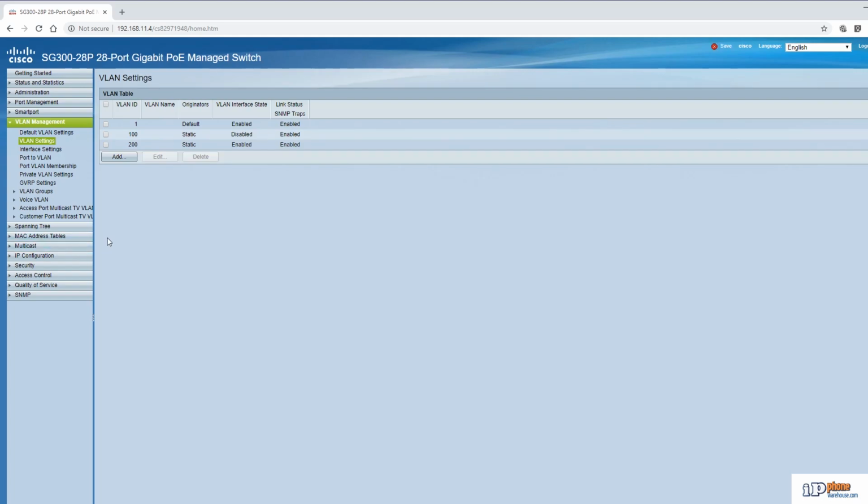Now that the VLAN has been added to the switch, we want to assign it to ports. This can be done from either the Port to VLAN or Port VLAN membership sections. The Port to VLAN section is the quickest way to assign a VLAN to multiple ports, while the Port VLAN membership section gives you a quick overview of which VLANs are assigned to which port and allows you to configure ports individually. Selecting the Port to VLAN section